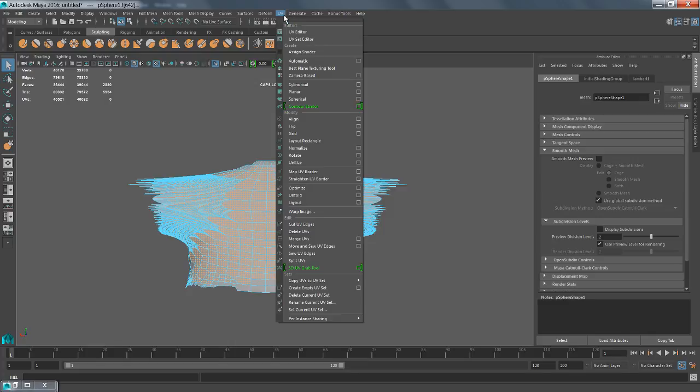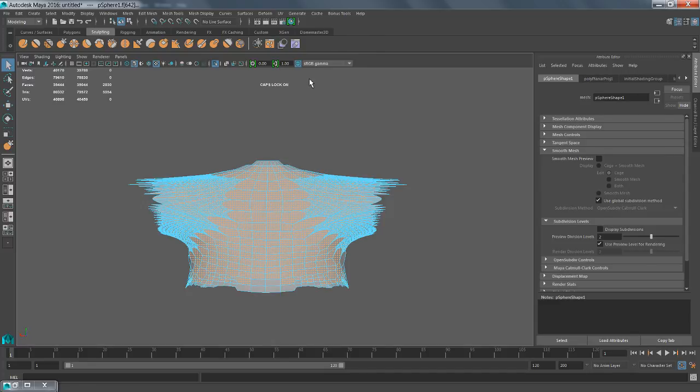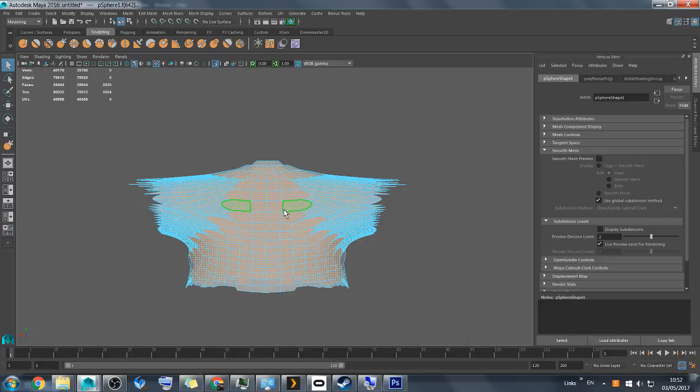So if I go to UV, camera base, do you see this here? Now that's going to take all these UVs I've selected and create a canvas just on them, ready for me to paste the picture on. So now it says caps lock is on. Right. So now if I go to